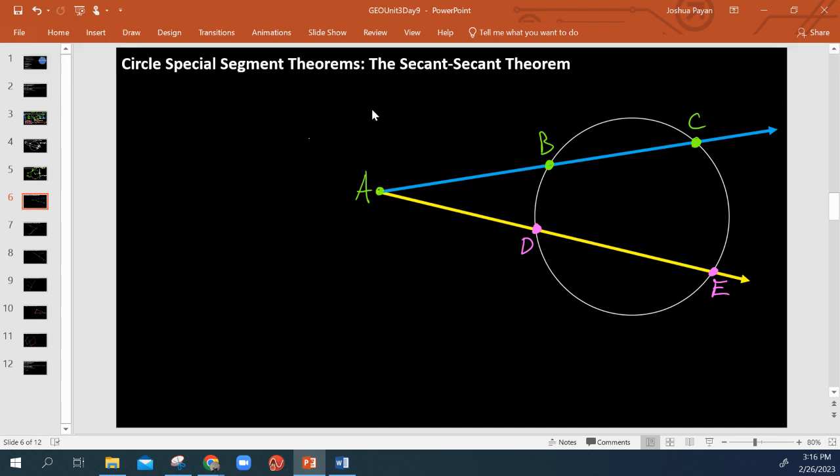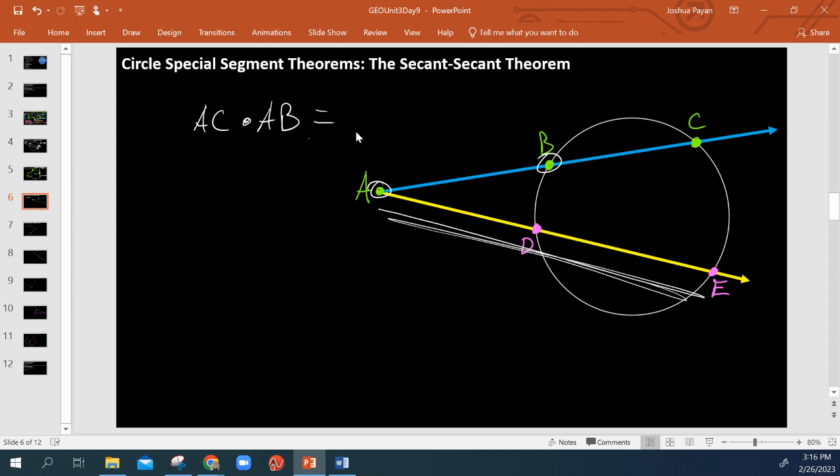All the secant theorem is saying is, if two secants share an origin outside the circle, one secant segment times its constituent, so the full secant segment multiplied by its exterior constituent, is going to be equal to the same on the other, right? So we would say,